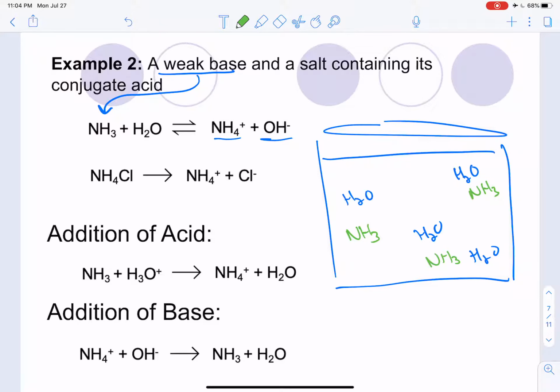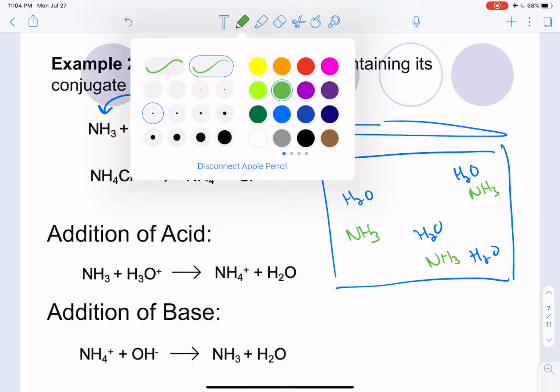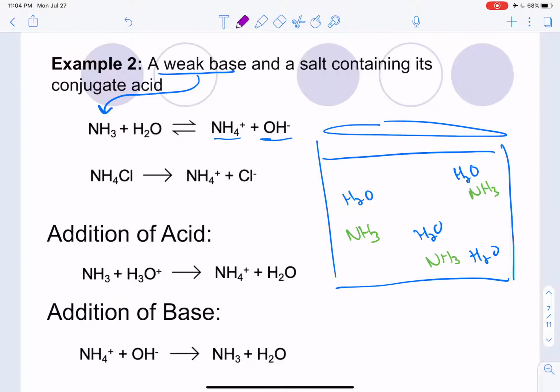So what happens is it reacts with the water, and it's going to form ammonium and a little bit of hydroxide. Now, because ammonia is weak, it doesn't make a whole lot of ammonium, and we need to have the weak base and its conjugate acid. But since we don't have a lot of the conjugate acid, or enough to have a really good buffer,